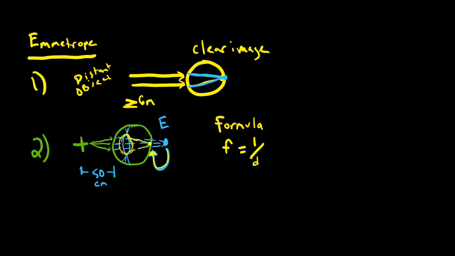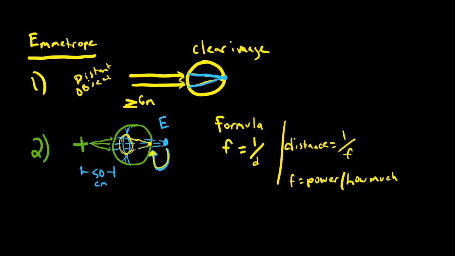If we wanted to rearrange that formula, we could say that distance equals 1 divided by F. So what is F? F equals the power, or in this case, how much accommodation. So F is power, and in this case, we're referring to how much accommodative power we need to add, or how much convergent power we need to add. And when we add convergent